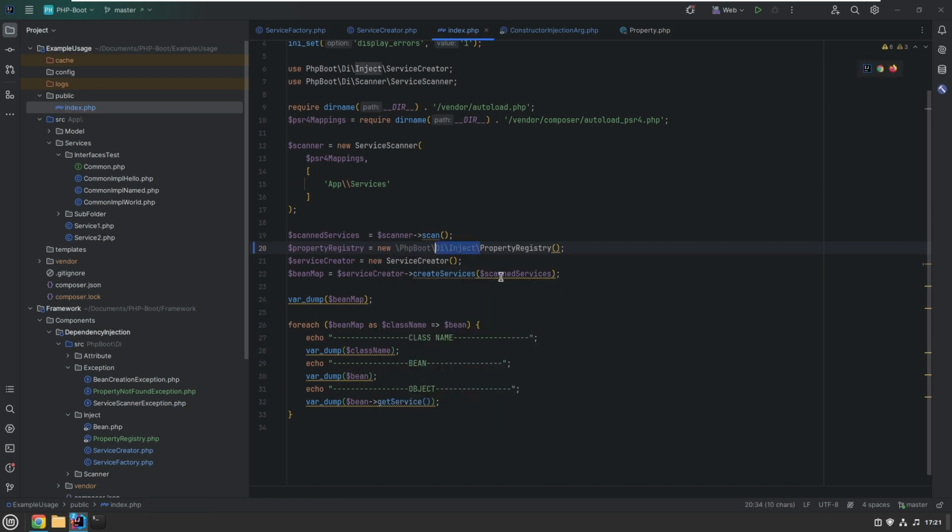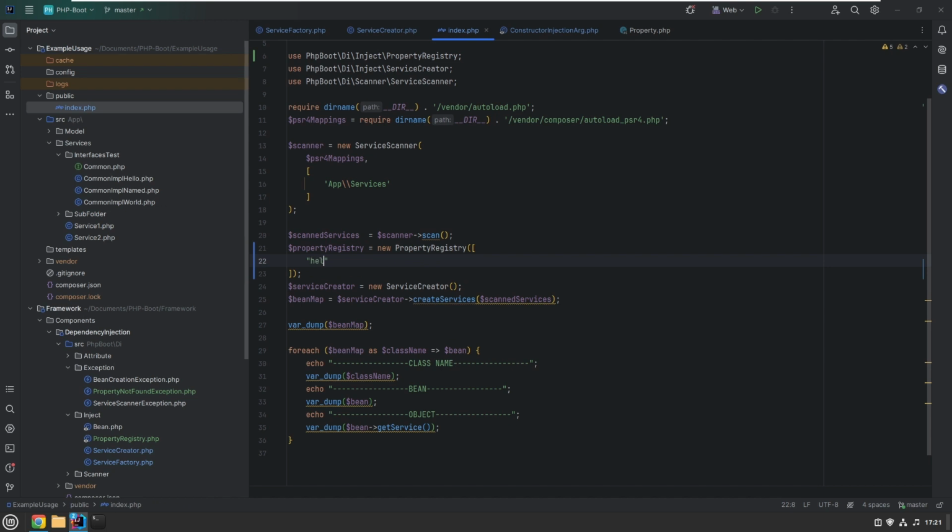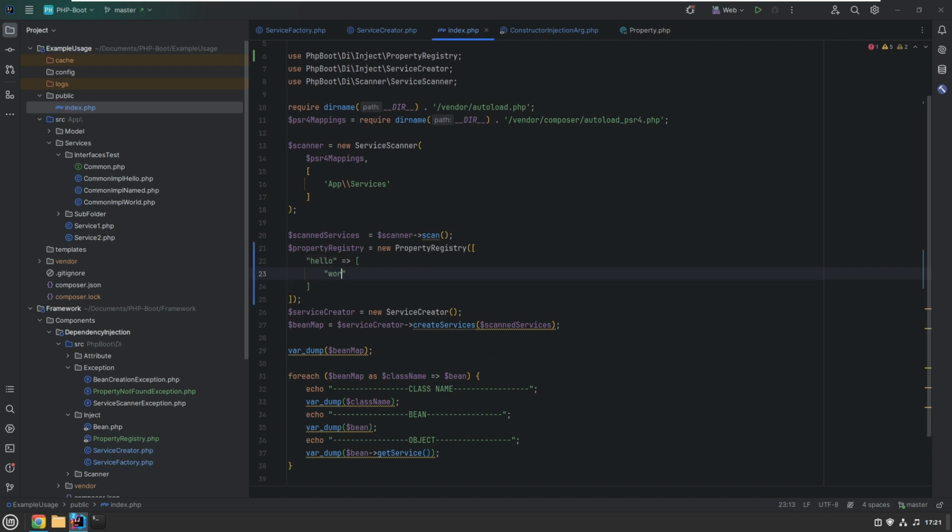We saw earlier that it accepts an array. So let's create an array, and we want hello, and then we separate it. So we'll put in a new array world as the key, and we say hello world